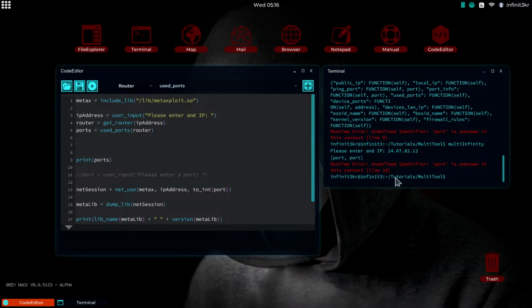So we want to iterate over this list. So we're going to say for port in ports. This again is just a variable. I usually use the singular of a plural in a list. It just keeps things simple if you can. So for port in ports,